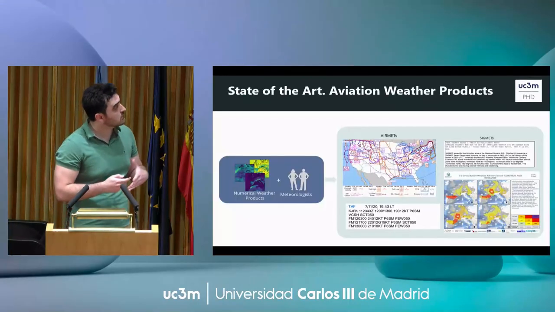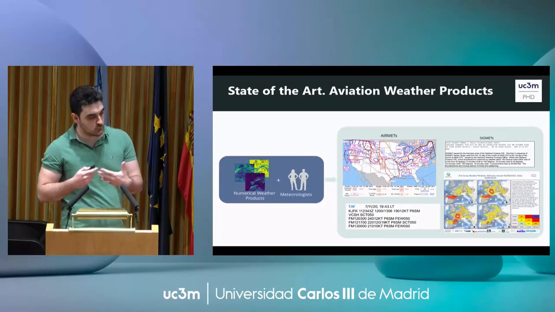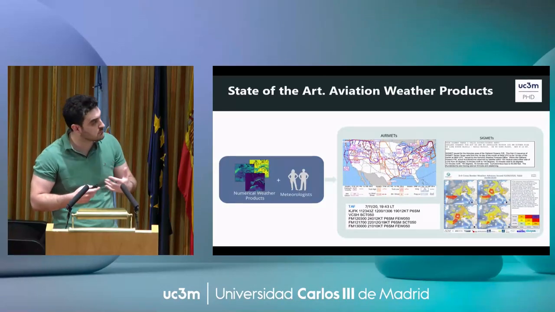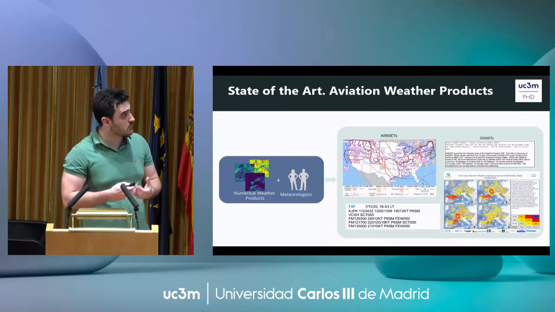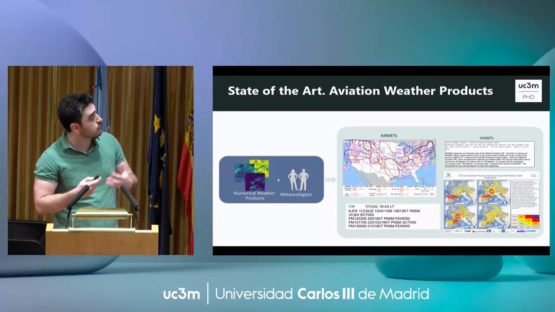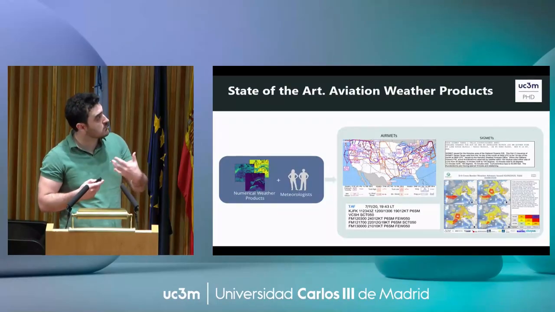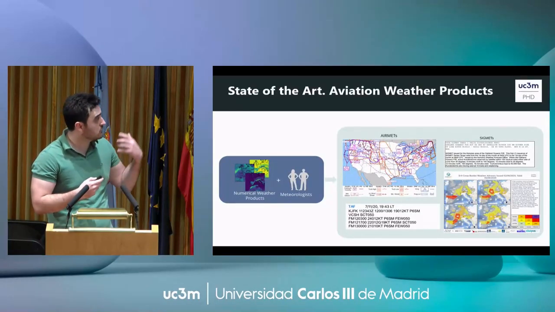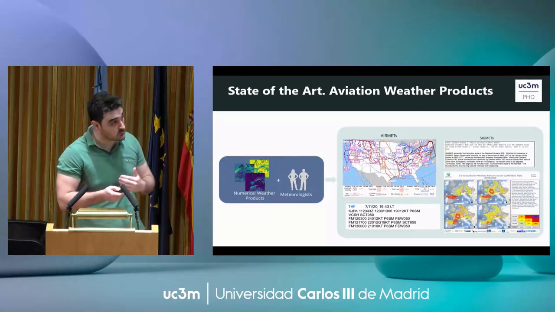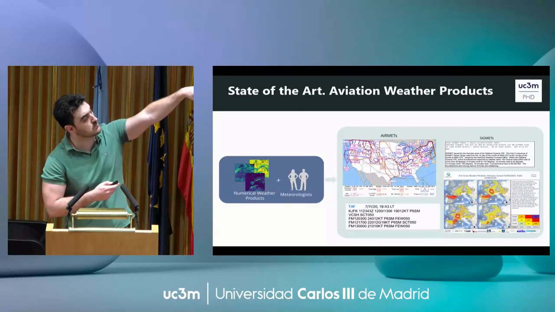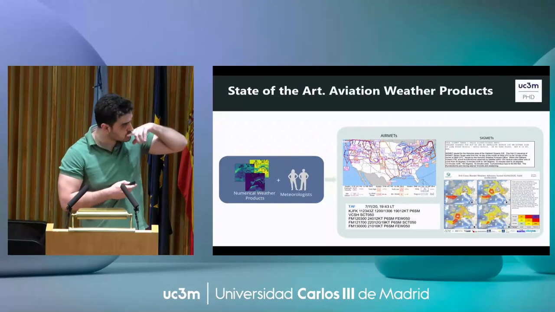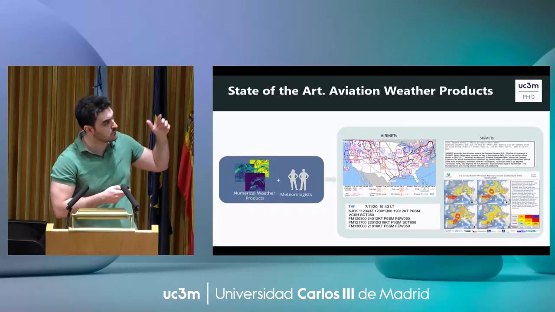As for the state of the art, the reason why convection keeps being a challenge for aviation is that stakeholders typically have information produced by meteorologists analyzing the numerical weather products. As you see here, some examples like SIGMET, TAF come from legacy, but the fourth one is a novel product that started being issued 5 years ago.